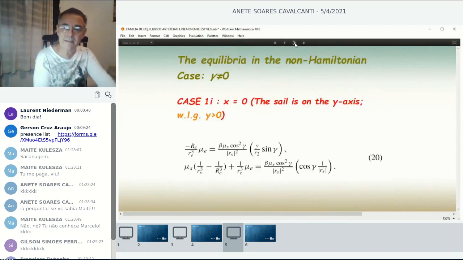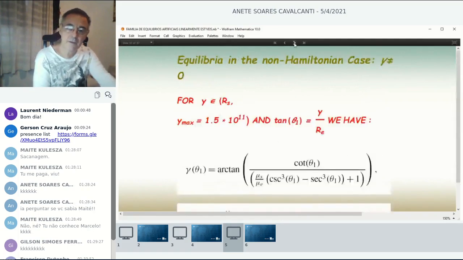And then we study two subcases. The first one is when x equals 0, meaning that we are on the y-axis. Y is the axis which is perpendicular to the axis that connects the sun to the earth, right? When this happens, we have these two equations to be satisfied,